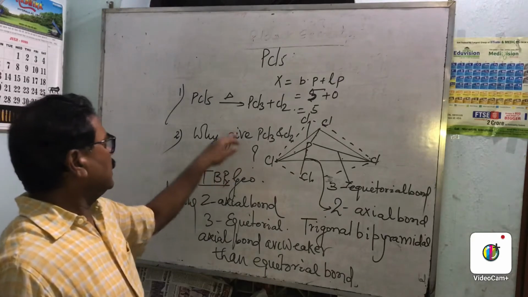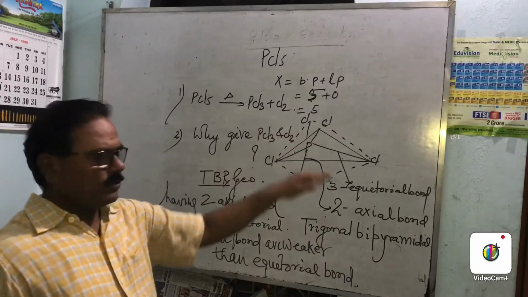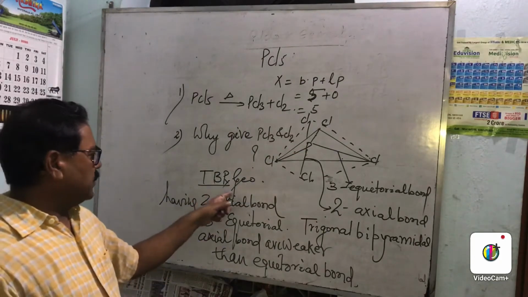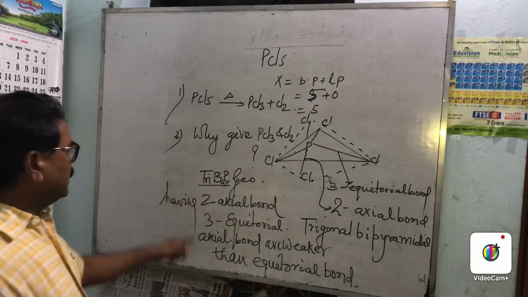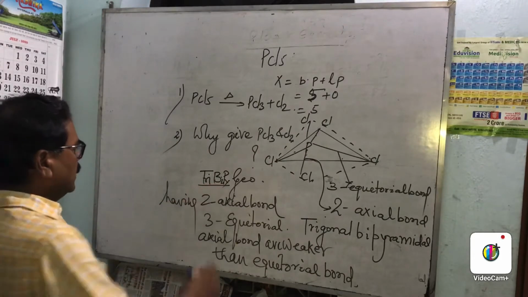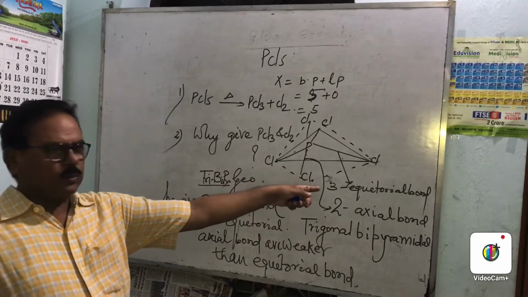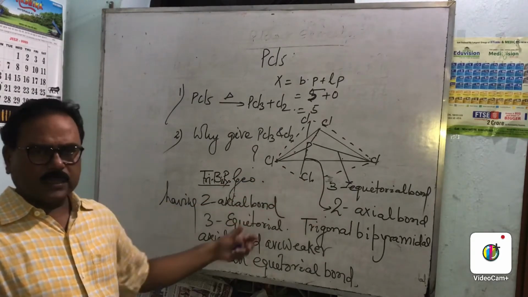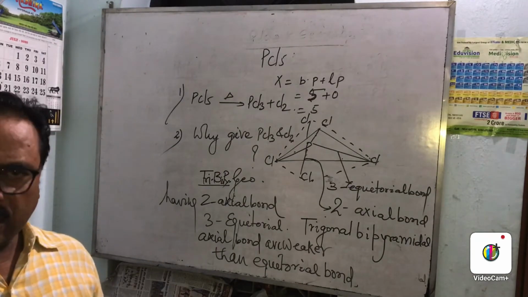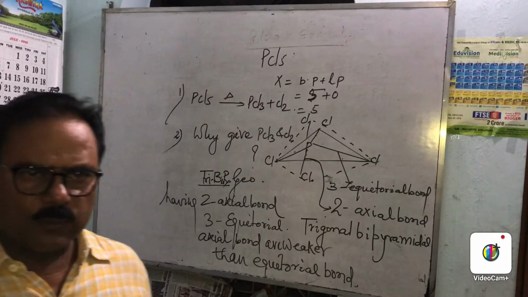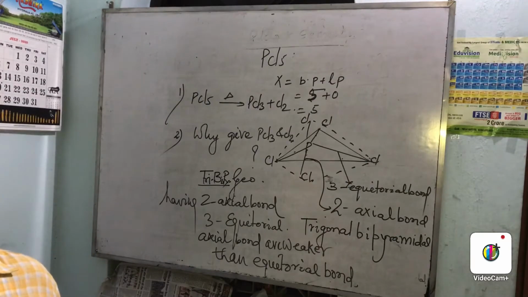This is another question, why it will give PCl3 and Cl2. क्या देखा हमने कि PCl5 की ज्योमेट्री बताएंगे, ट्राइगोनल बाइपिरामिडल होती है. Trigonal bipyramidal, having 3 equatorial and 2 axial bonds. Axial bonds are longer in bond length, so they are weaker than equatorial bonds. That's why when it is decomposed, it will give PCl3 and Cl2.